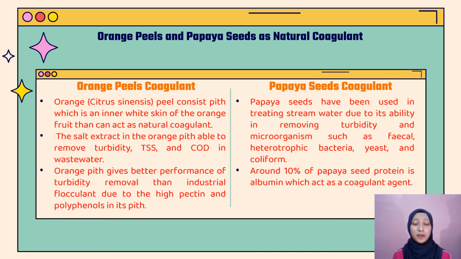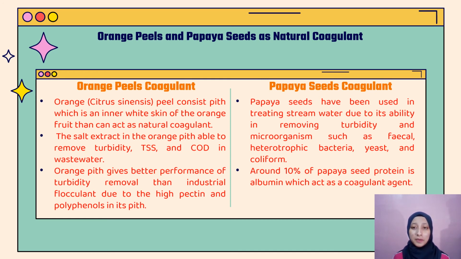This slide is about orange peels and papaya seeds as natural coagulants. First, for orange peels, its albedo, which is the inner white skin of the orange fruit, can act as a natural coagulant. The salt extract in the orange peel is able to remove turbidity, total suspended solids, and chemical oxygen demand in wastewater. Moreover, orange peel gives better performance of turbidity removal than industrial flocculant due to the high pectin and